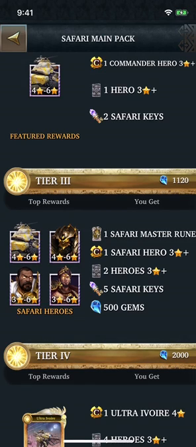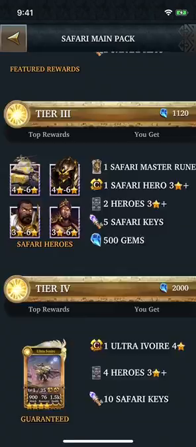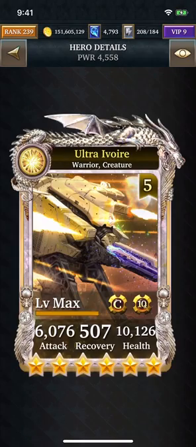You do get 500 gems back if you do choose to try after that, or in the worst case, tier 4 will get you one as well. And so now let's take a look at the cards here. So I already said that this is pretty much like the Halloween deck, so I'm not going to talk too